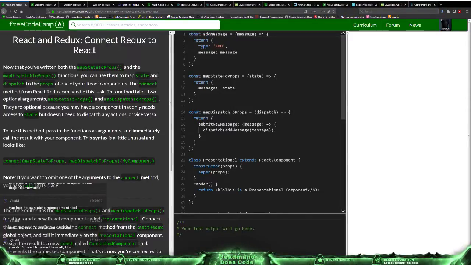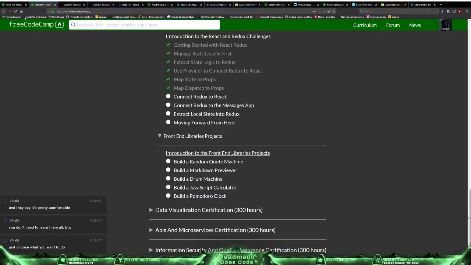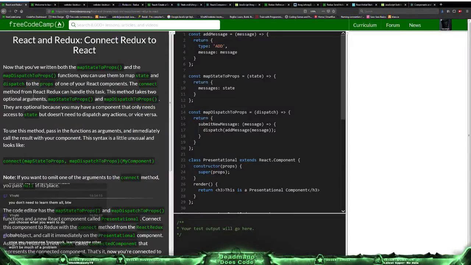Then I'll finally be able to see how these things work. I can't wait for that. First one's a quotes machine. They call it a quotes machine? I don't think. Did they? It is a random quote machine. Yeah,